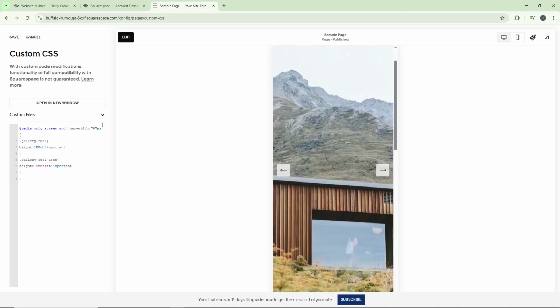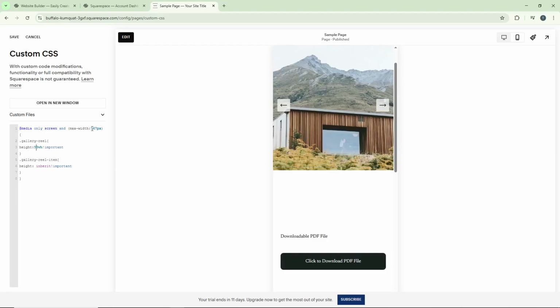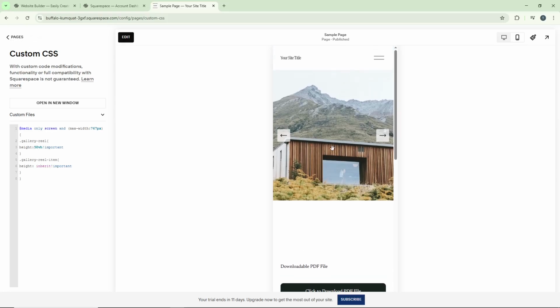Once you've pasted and adjusted your code, click Save. This applies your changes and ensures they're active on your mobile site. And there you have it, you've successfully changed the size of your Squarespace gallery section on mobile using custom